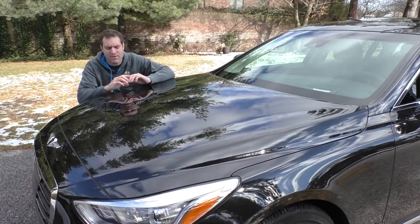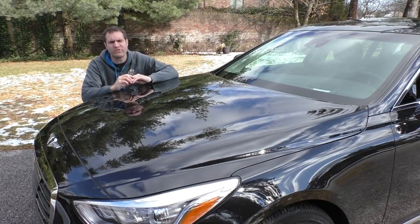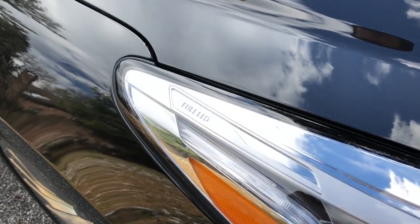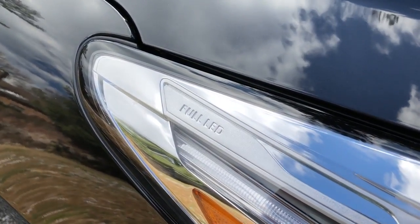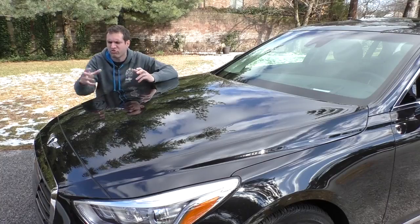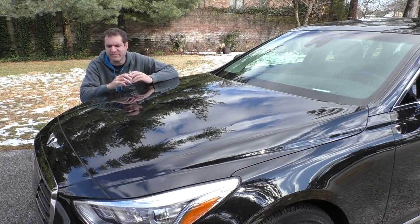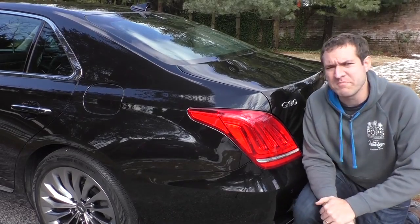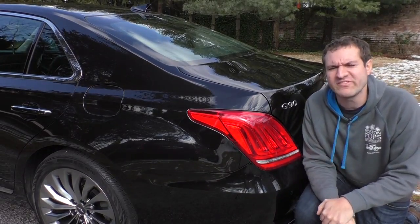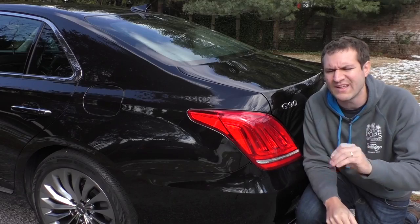the point home. Now, that warning label provides some important information, and so do the headlights, which say on them full LED. Not just LED, but full LED. So if you ever get into an argument with someone in the luxury car club about whether your Genesis has full LED headlights, you just bring them out, have them look at your headlights, and you can prove to them. And it's the same story in back. The brake lights also say full LED on them, just to drive home the point that you're not some loser